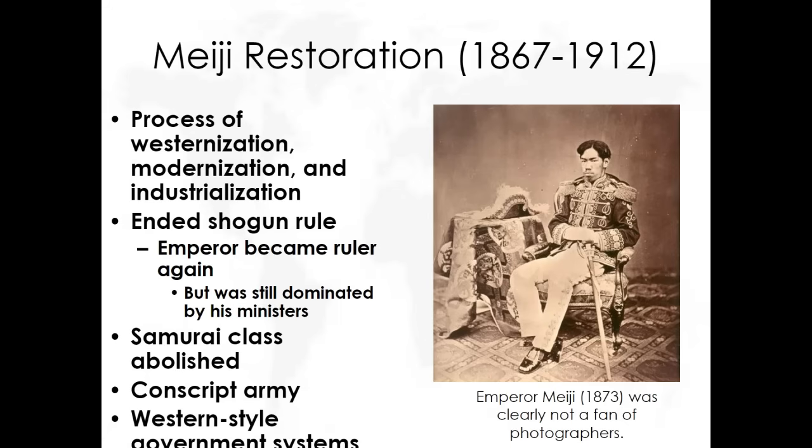Whew. So, now that they are an industrial power and a military power, Japan will also begin colonizing and imperializing. And that process starts with Meiji. So by the time we get into the early 20th century, 1900s, now Japan will start taking over other countries. And that's going to eventually lead to World War II.